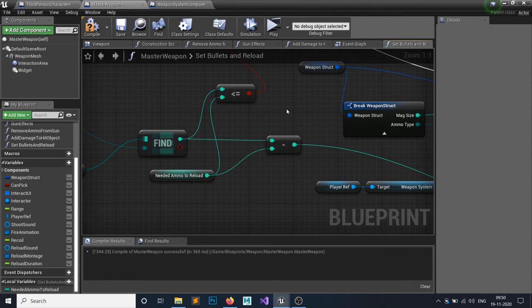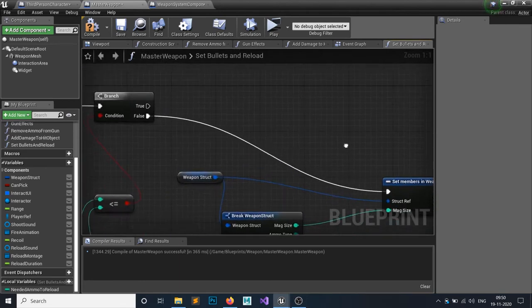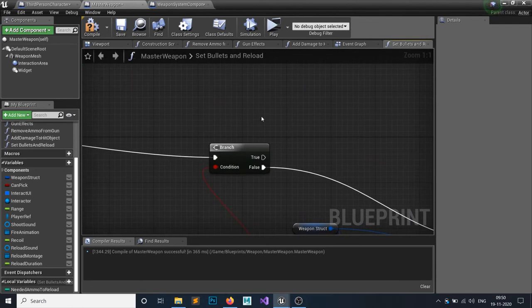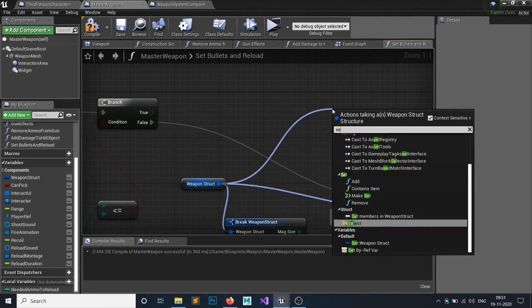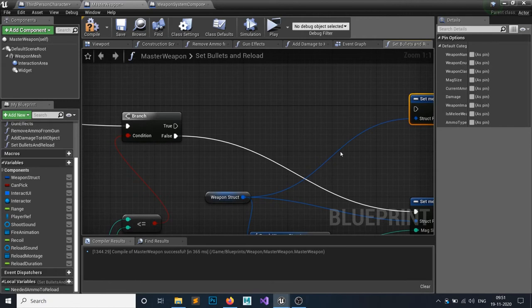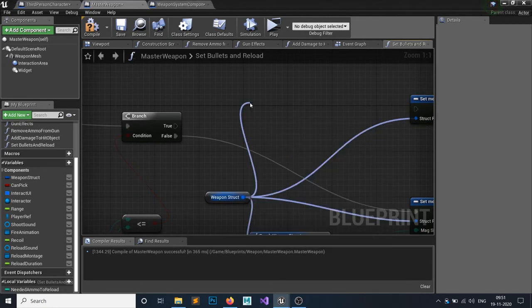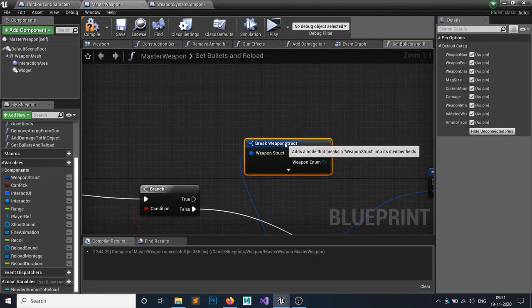So let's do the true branch, because let's say even if this guy is not less than or equal to this one, so for that we will have to do the same thing. I have to grab this weapon structure and set members in my weapon structure. But for the true branch, I need to set whatever ammo my gun currently has and add that with my plus.